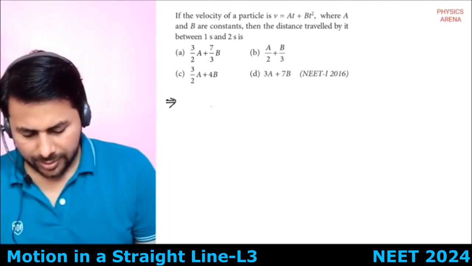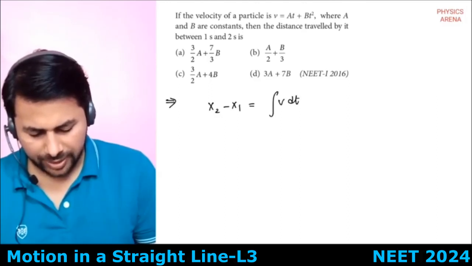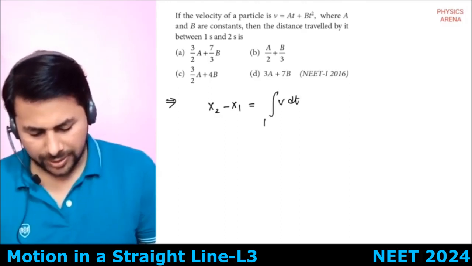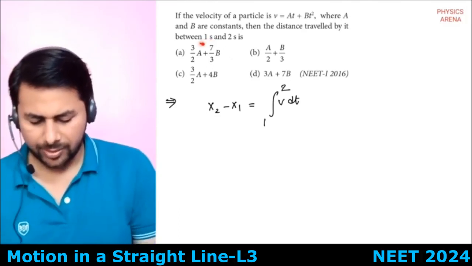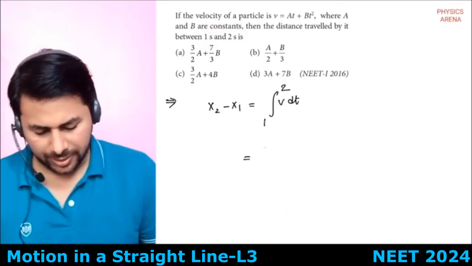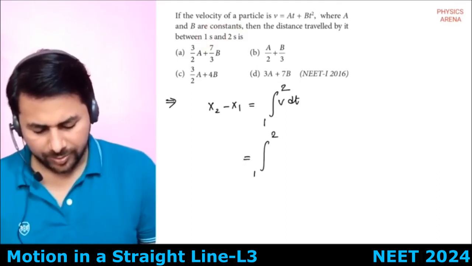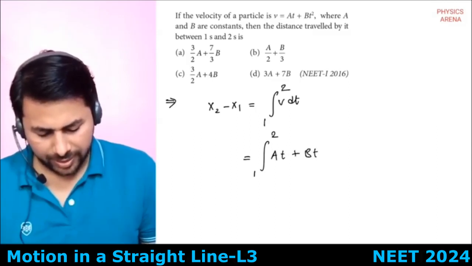So x2 minus x1 will be equal to integration of v dt from t equal to 1 second to t equal to 2 seconds. So we should integrate this. So this is equal to integration from 1 to 2 of (at + bt²)